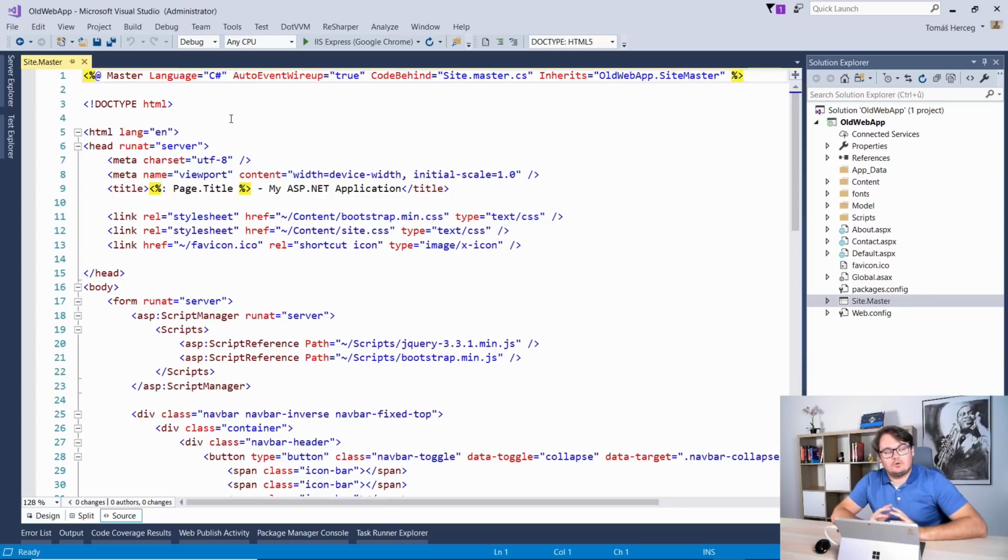I have seen a lot of large projects written in web forms, and it's practically impossible to rewrite them from scratch because it's a tremendous amount of work. If you have been building a web application for 15 years, you cannot reasonably rewrite it with all the features in less than half of the time. You would need an additional team to do that work because the old application still needs to be maintained, and also the transfer of the knowledge from one team to another is a lot of communication, a lot of